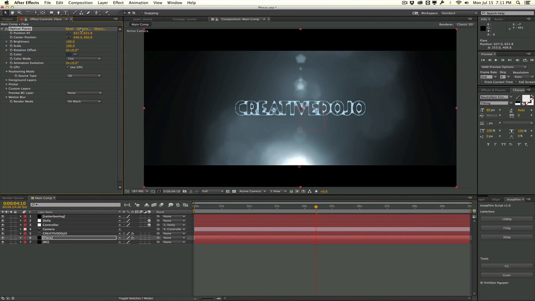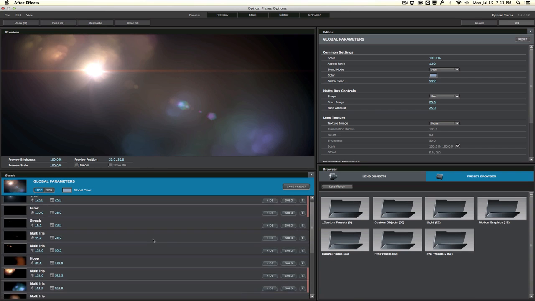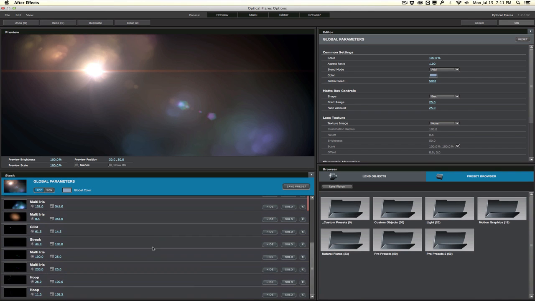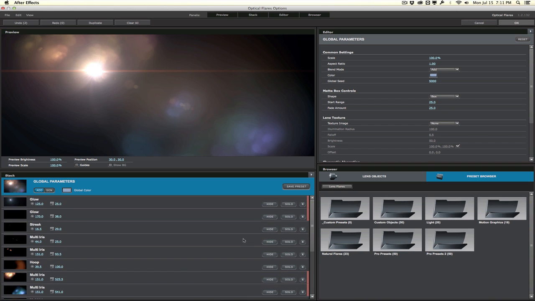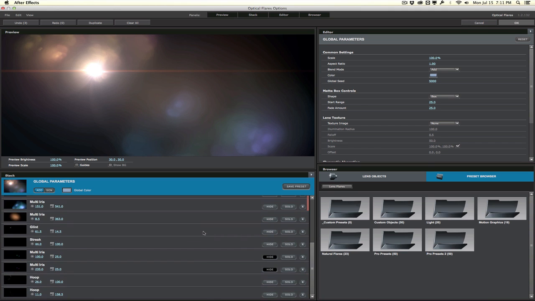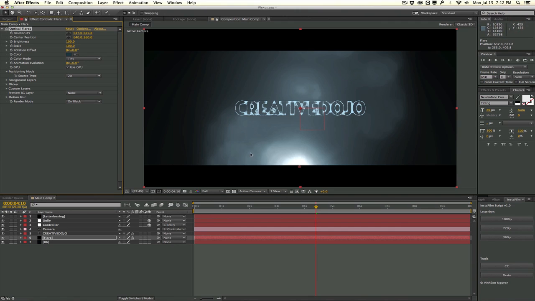And I'm going to hop into the editor here, and a lot of times when I'm using presets, I actually like to modify it a little bit, or at least hide certain aspects of it. And it's something that I see a lot of people just not do. They just slap on a preset and not even make any modifications to it, but hopefully you make some modifications. I don't want those irises flashing up here,